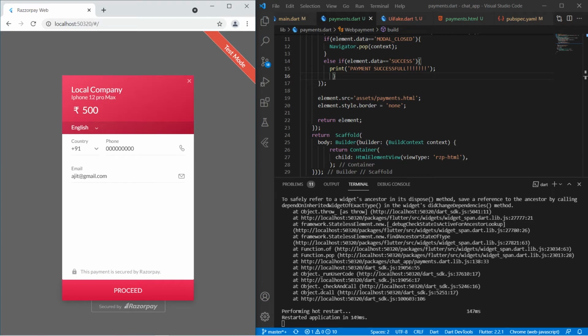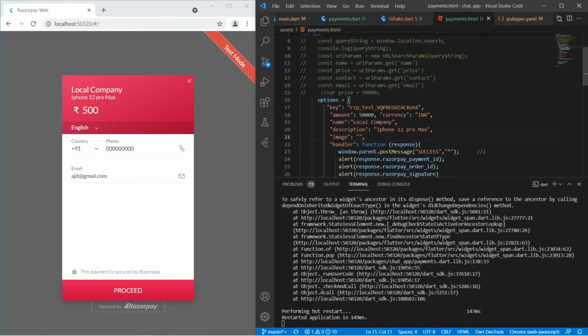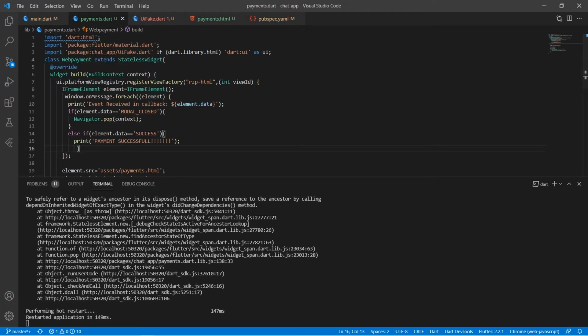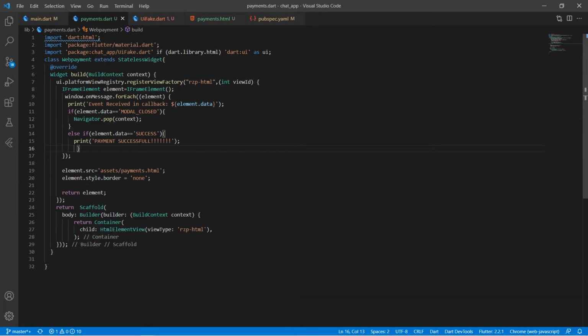local company and all those things. And if you want to add your image, you can also add the image of your product and all those things here, and the payments and image, but we are not passing anything. But yeah, what is secured by Razorpay and all those things? There are some articles on Medium and all those things. They are doing all those things up to this part, providing how to integrate it. So actually, let's now zoom in and understand what I am doing here.